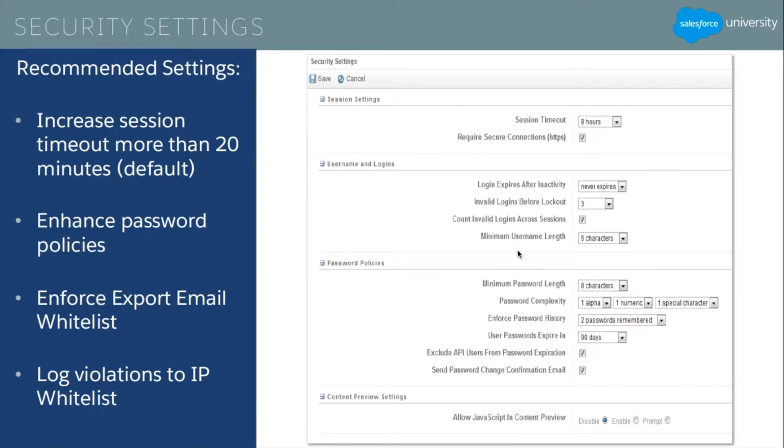If we select enforce export email whitelist and we don't add any names to that whitelist, then we prevent anyone from being able to export to anywhere other than the FTP. And then finally, we have log violations to the IP whitelist. So we have an IP whitelist, and we also have an export email whitelist. The export email whitelist is just who can export and email it to themselves or download it to a browser